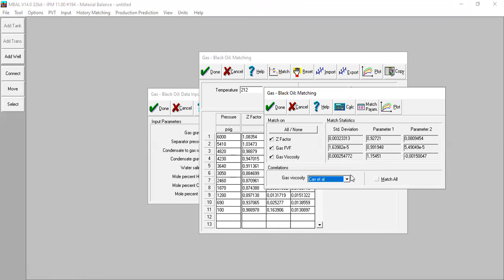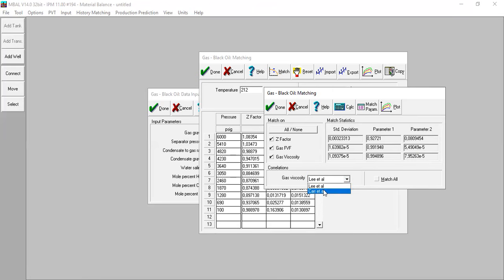So again, Lee et al. is better than Carr et al. from parameter 1. We can also see that from parameter 2. For parameter 2, we want the correlation that is closest to 0. Parameter 2 for Lee et al. is 7.95 times 10 to the power of minus 5. Again, it is very small.